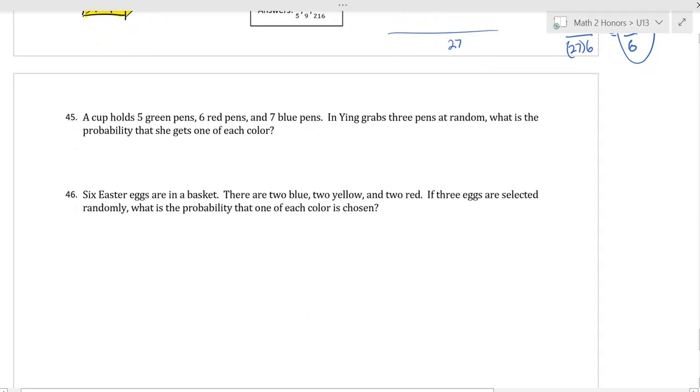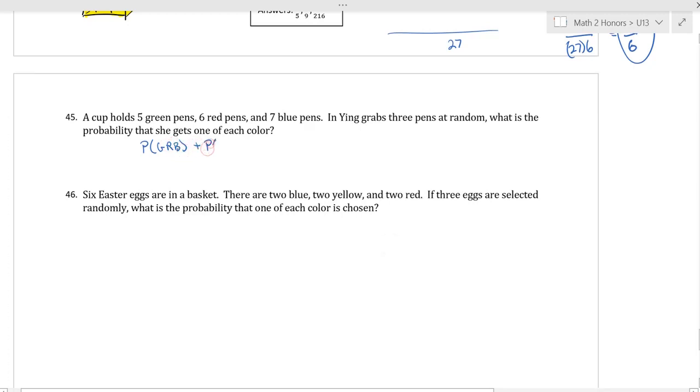Alright, on to number 45. Almost there. 2 more problems. A cup holds 5 green pens, 6 red, 7 blue, and we grab 3 pens. What's the probability she gets 1 of each color? So that's probability of getting green, red, blue,